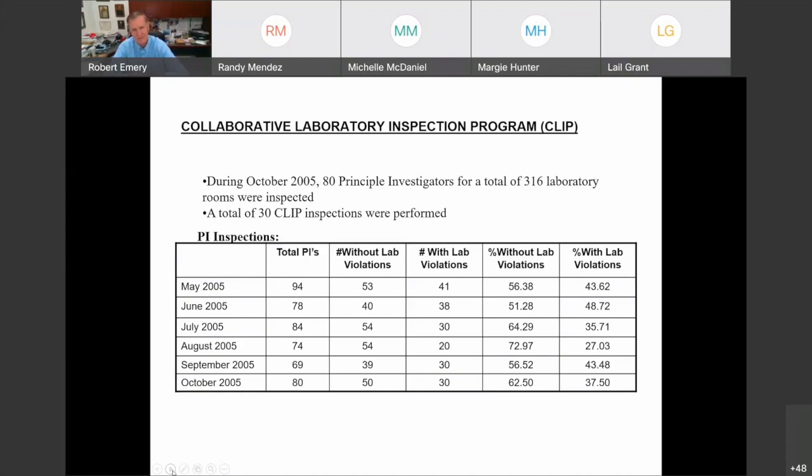And this was the data where they went out, and this is the total number of principal investigators they inspected each month, how many didn't have any violations, how many did have violations. And then I know that the spreadsheet was made by their health physicist, because it has here down to the 100th of a percentage point, the percent that didn't have violations and the percent that did.